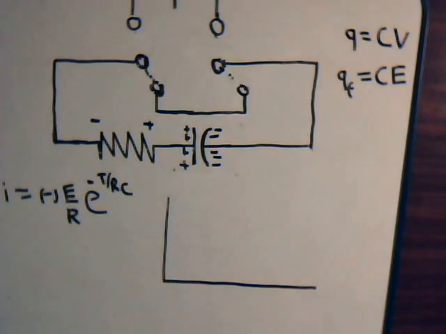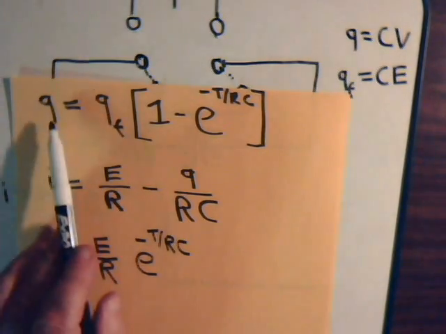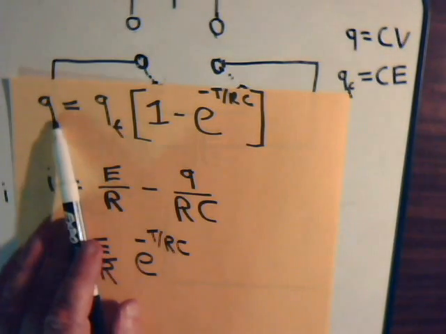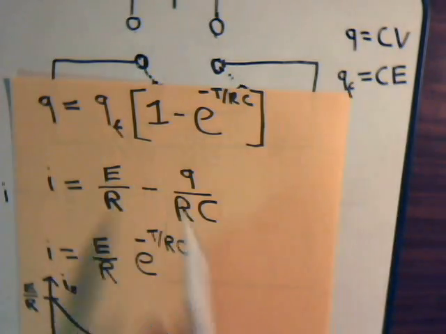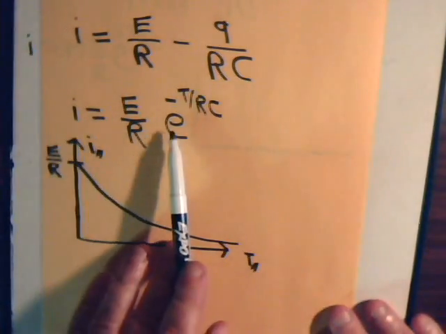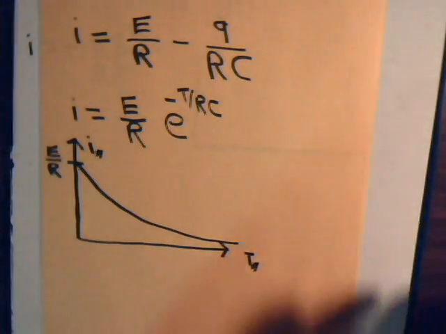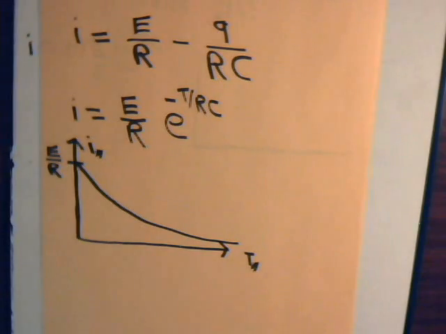We showed in the previous video that we had this equation for the charge in the capacitor, and we could substitute this for here, so we have this equation for the charging current, and that looks like this. So what it means is that